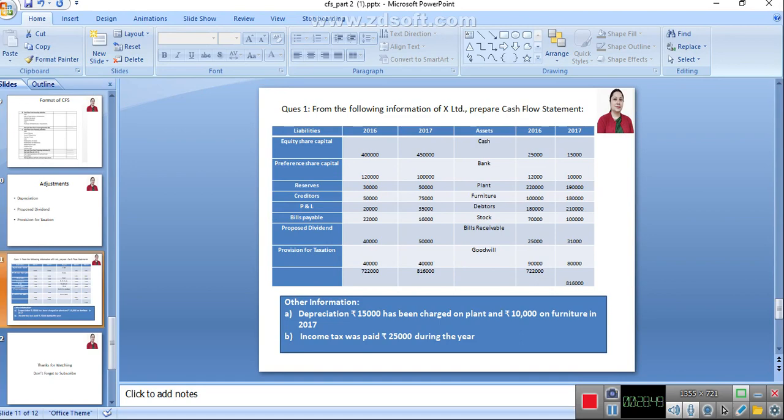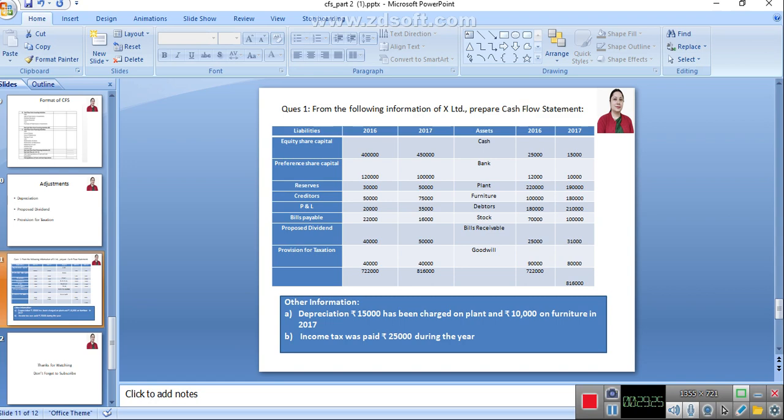Now after this, all liabilities we have considered. Now come to the asset side. Cash we have to tally at the end. Cash and bank, cash and cash equivalents are required to be tallied at the end. So here I am leaving these two right now. Then plant is 2,20,000 and it is 1,90,000. If for any asset you have been given any kind of adjustments in the question, then it is always better to prepare an account to find out the balancing figure of purchase or sale of an asset.